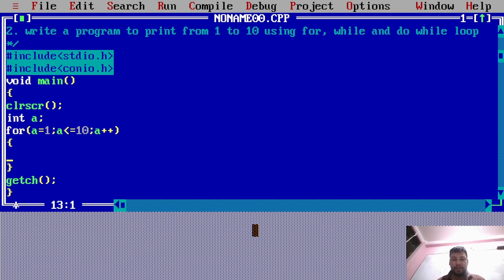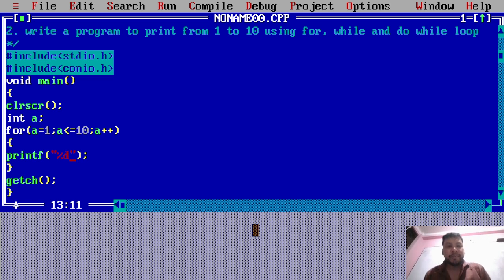Now we need to print f. We need to define the type of the variable for both entering and displaying. Now %d means we are displaying the value of one integer variable, and \n